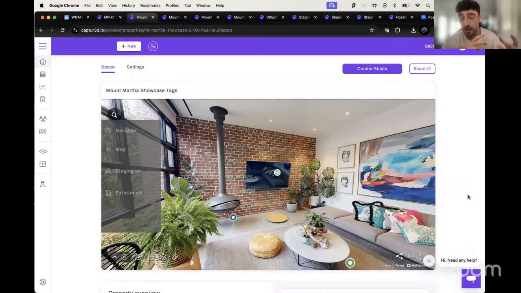They don't want to stage the property themselves. And then also the quality of assets within the tour can sometimes be quite challenging, especially when you have a lot of 3D assets in there. It can slow down the tour on some older hardware devices like iPhone 10s, for example. With a lot of assets, sometimes the tour performance can struggle.